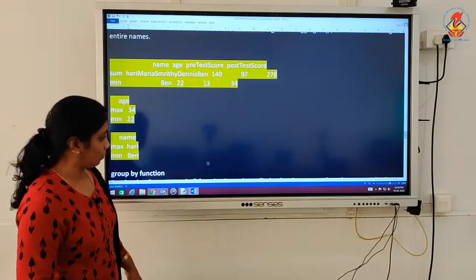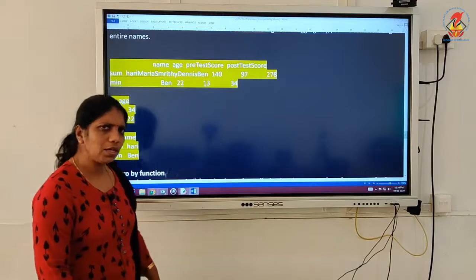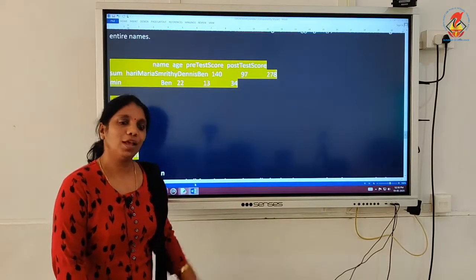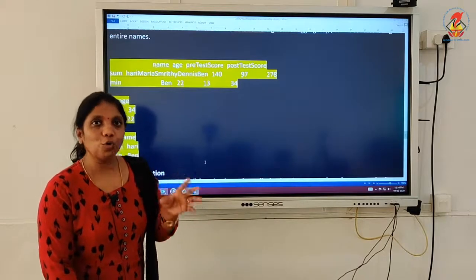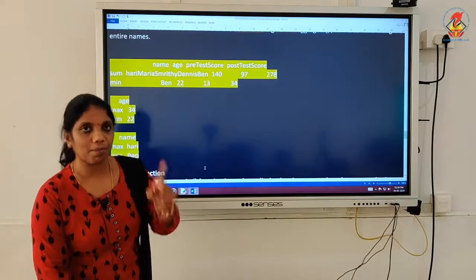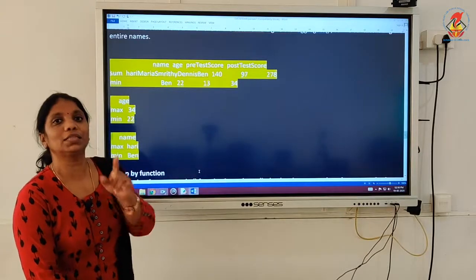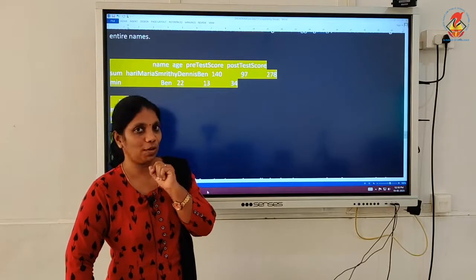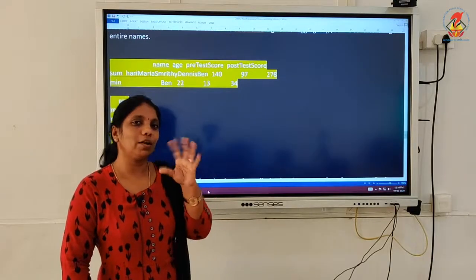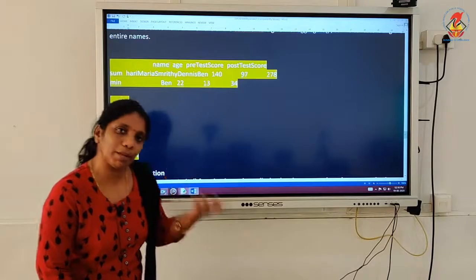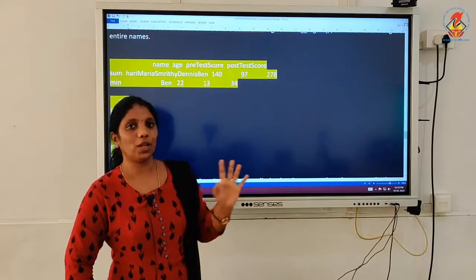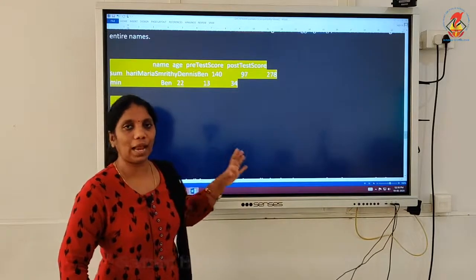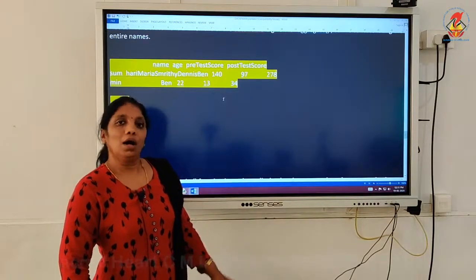Now comes group by. Have you heard about group by earlier? Yes, you have, in SQL. What is group by doing in SQL? Group by groups the values in a table based on a particular column with the help of an aggregate function. But here, of course, a little bit of difference is there, but you can get a similar output to what you see in SQL here also. But we are not starting with that. We are first getting an idea about how this works in Python.